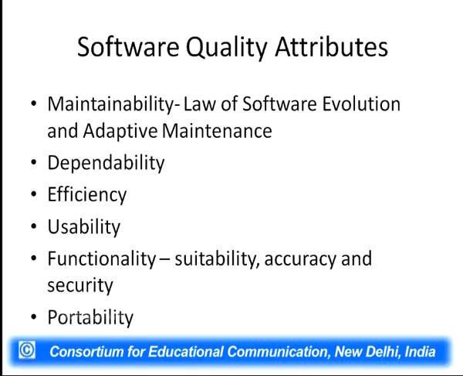The next important feature is portability, that is, the software should be able to run equally well on different types of hardware, different operating systems and different kinds of other software parameters. So, it should not be hard bound software, it should be flexible in its working, and a lot of adjustment can be made if it is to run on a different kind of computer system. It should be platform independent software, so that it can be used efficiently and dependably on any kind of hardware or software platform.